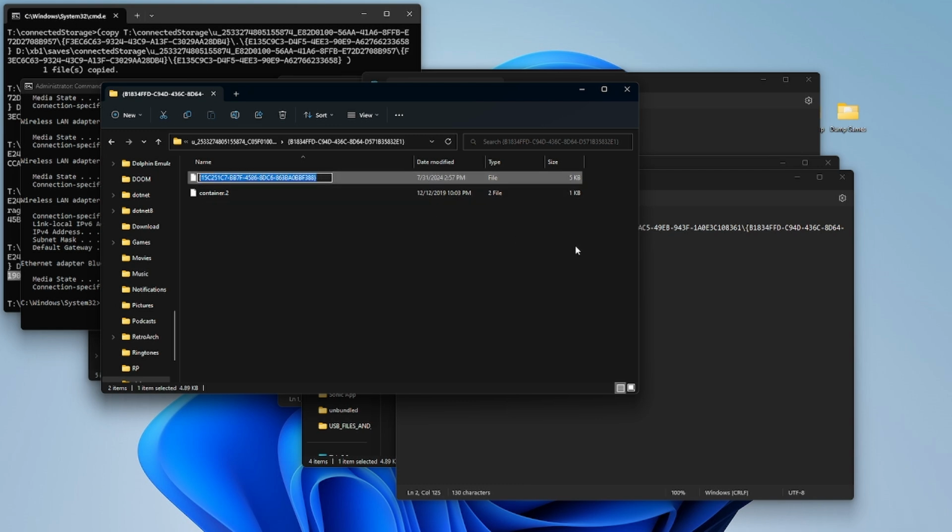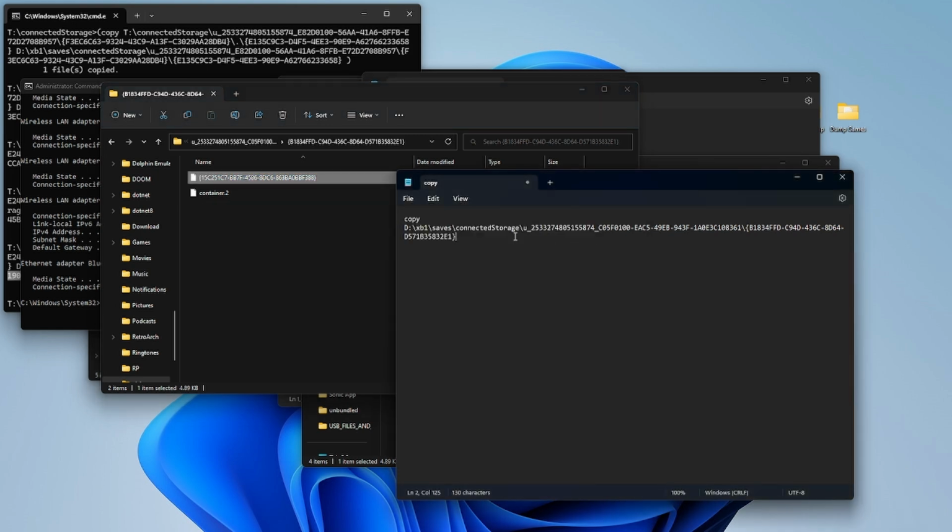Let me take that copy, and we need to copy this file. So inside this folder, we need to copy this file. So this is the source, and the destination should be the same. The destination should be T connected storage, and then we can take the same full bus. So we'll be making the full bus,